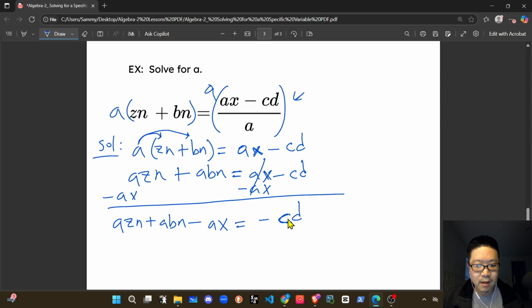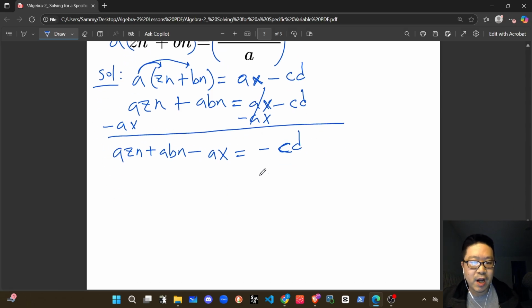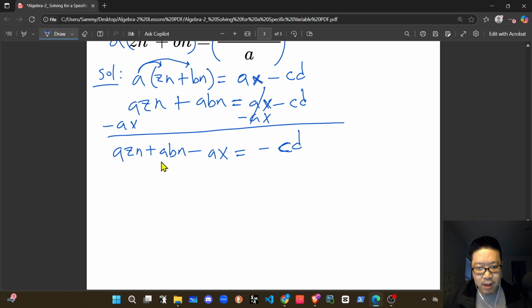And at this point, the light bulb should go off in your head, because notice how we have three terms here that involve the variable A. And that means we can use the distributive property to pull A out of all these terms. Think of it as the reverse of the distributive property, where instead of multiplying by a term with an expression inside the parentheses, you're dividing all the terms by A. So when you pull out the A, in other words, when you divide each of these terms by A,